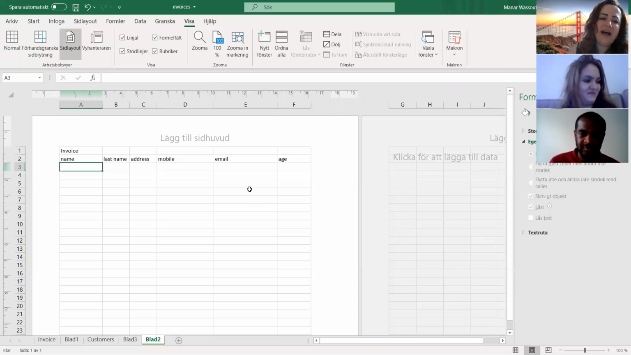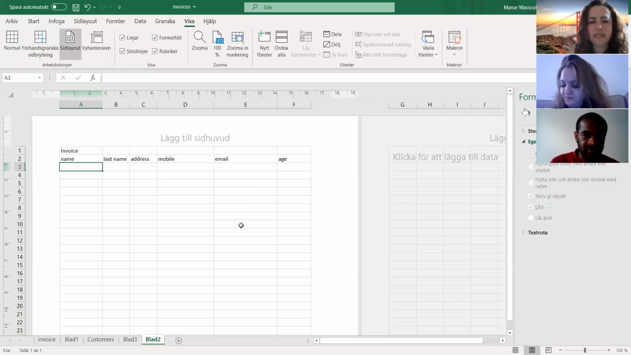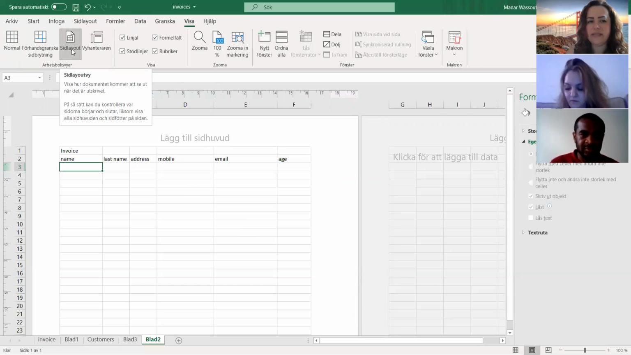So the Page Layout shows you exactly how your document is going to look. I advise you from the beginning, before you write anything, to go to Page Layout and see how your file is going to look. And from this page,